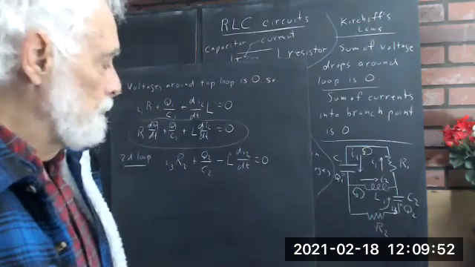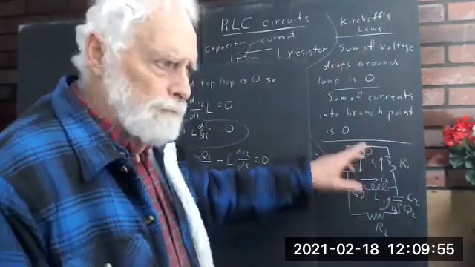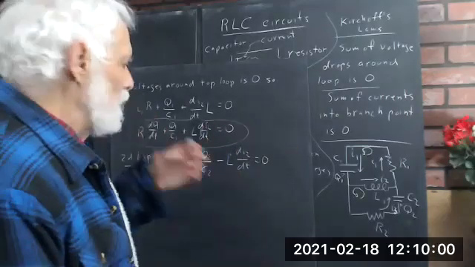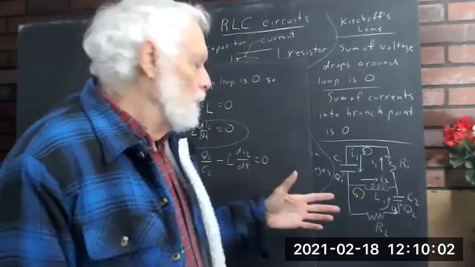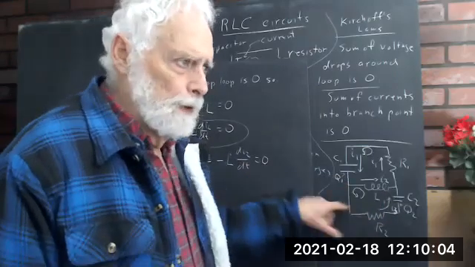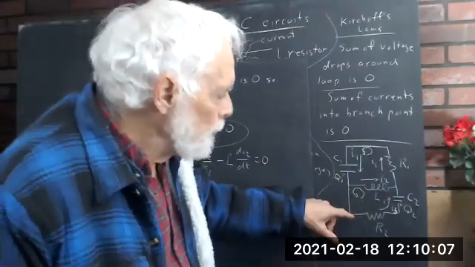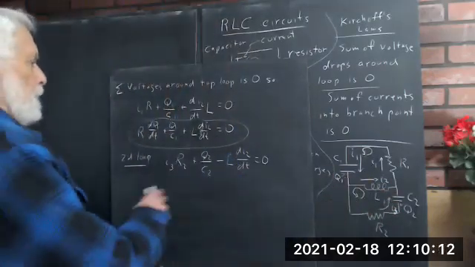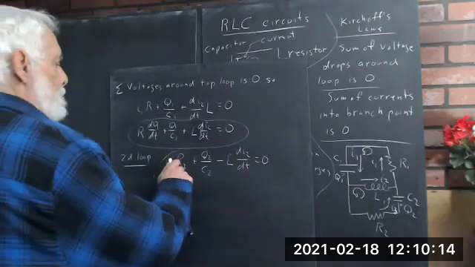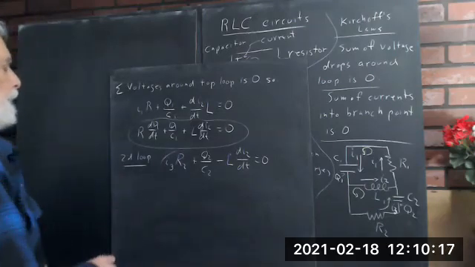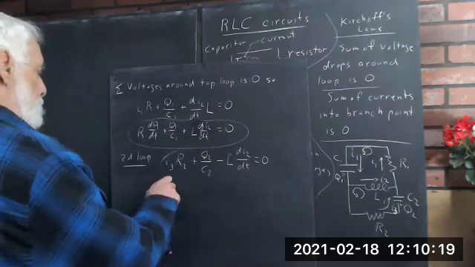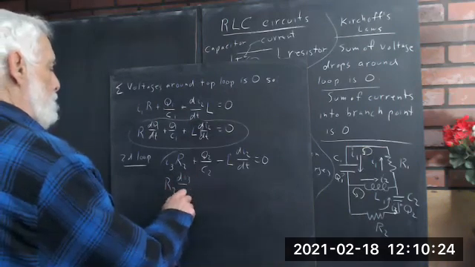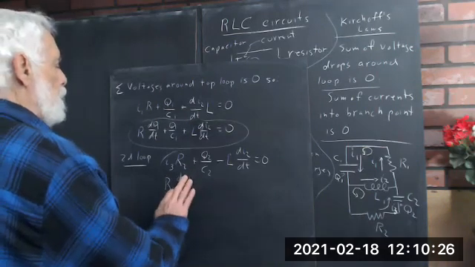Okay, so those little loopy arrows show the direction that we're using when we think of the voltage drop around the loop, just to make sure we're consistent in doing the voltage drop in one direction around the loop. Okay, so there's a second equation. Well, let's not circle that just yet. So we're going to say that R2